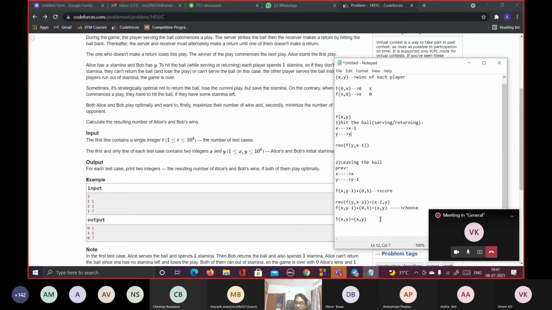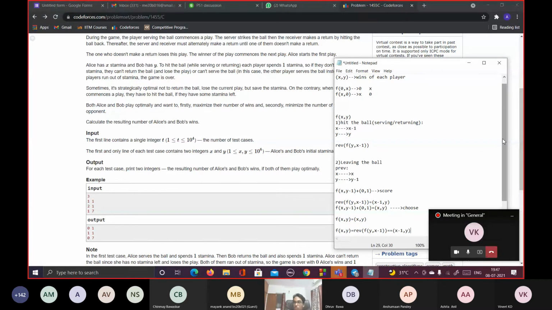So if it goes to that case, you would have f of x comma y equal to the reverse of f of y comma x minus 1, which we concluded from this particular thing is the same as x minus 1 comma y.